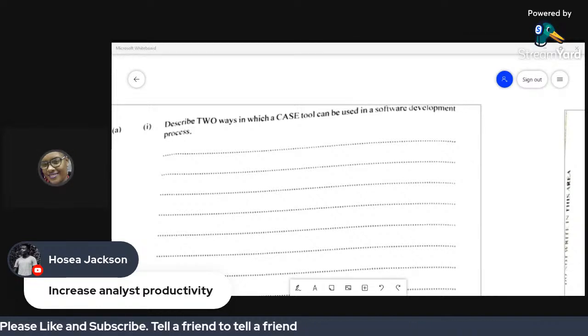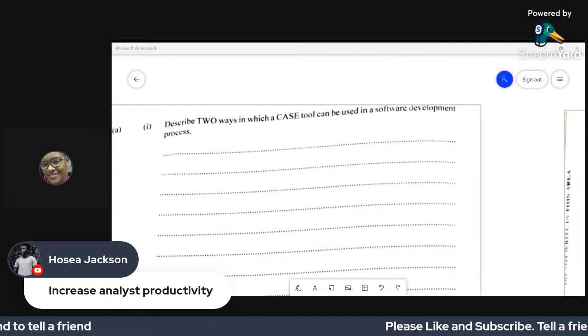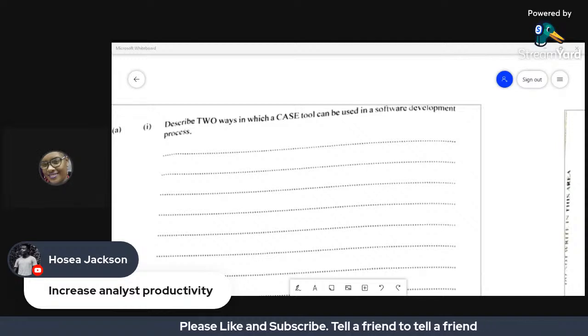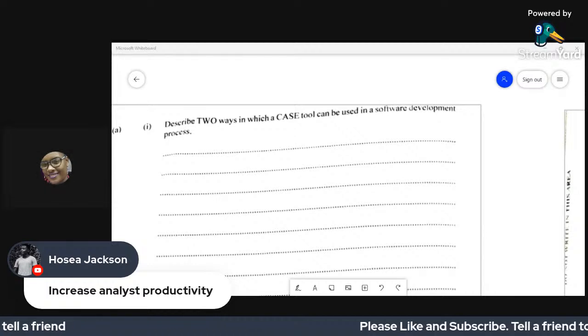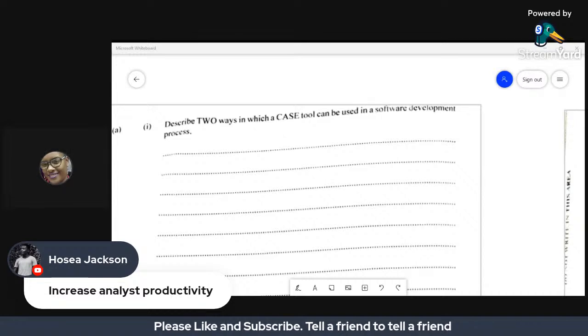So we have the fact that it is used in the whole process of creating diagrams such as your data flow and entity relationship diagram, which will give you a pictorial sense, imagery of how your system is going to function or how it should operate, the linkages between them.